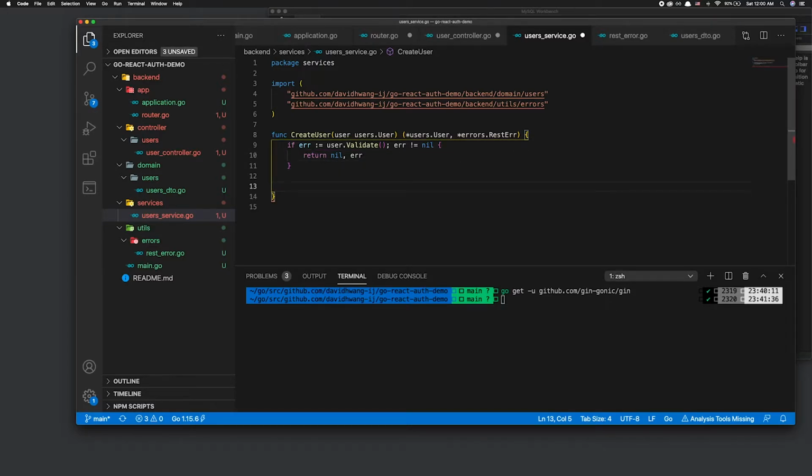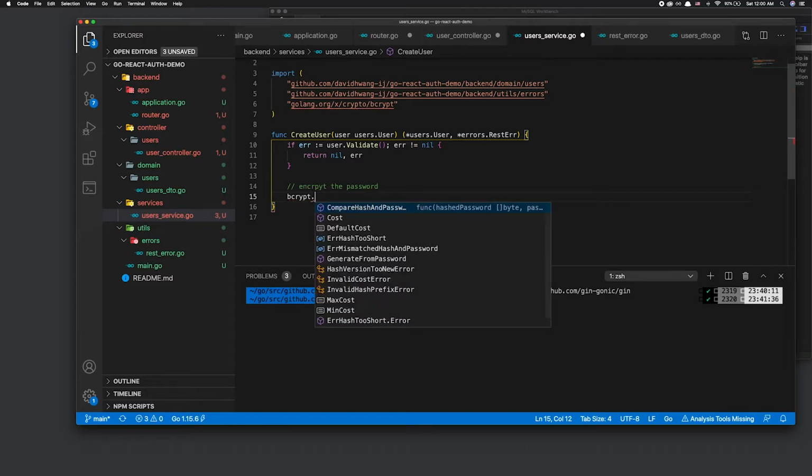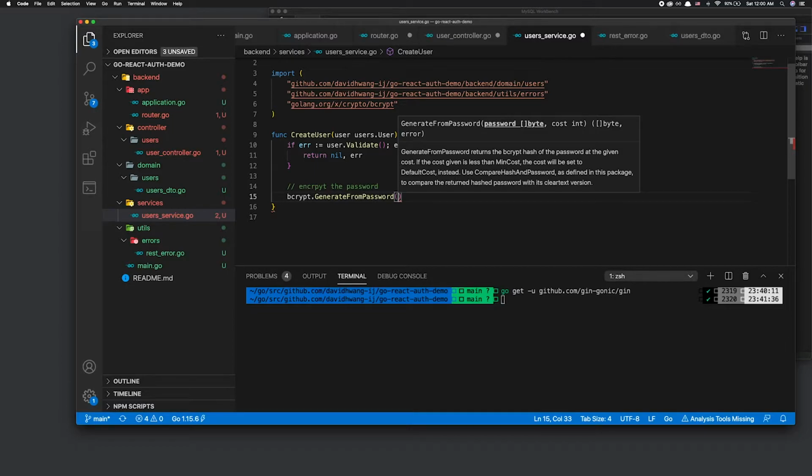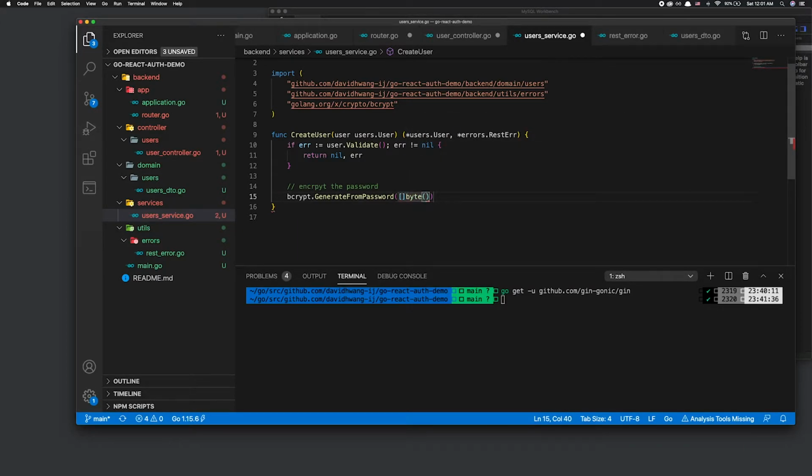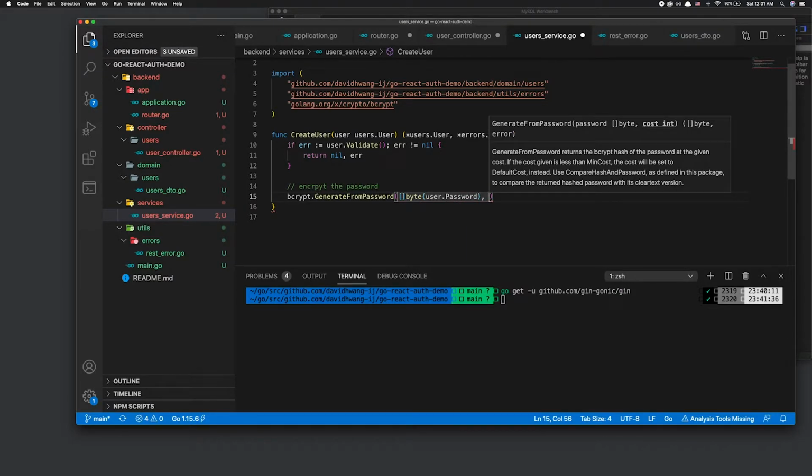And the next one we want to do is actually encrypt the password before we save that into the database. And I'm going to be doing Bcrypt to encrypt the password. So simply do Bcrypt enter, and that's going to auto import Bcrypt, and do generate from password. So generate from password takes a byte slice. So I'm going to parse user password into a slice of byte, and for cost I'm going to keep it at 14